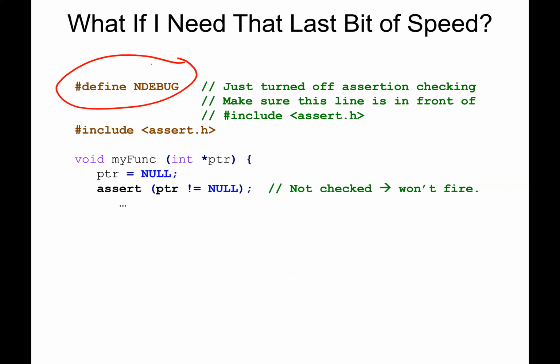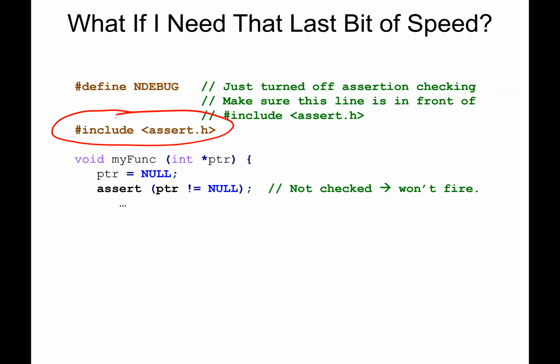So sometimes when people are making the final release build that they're going to submit in this course or that they're releasing to end users, they can turn off this extra checking very easily. You just define this and it changes how assert works. Assert now doesn't do anything. That's probably a good idea if you use asserts in this course, because once you submit the program, we test it, and if it crashes, you lose marks. So you might say, if it's got any hope of completing, I'd rather it completes. So I'll have assertions in when I'm running it, but when I submit, I'll turn this on so that the final testing doesn't have these extra checks.